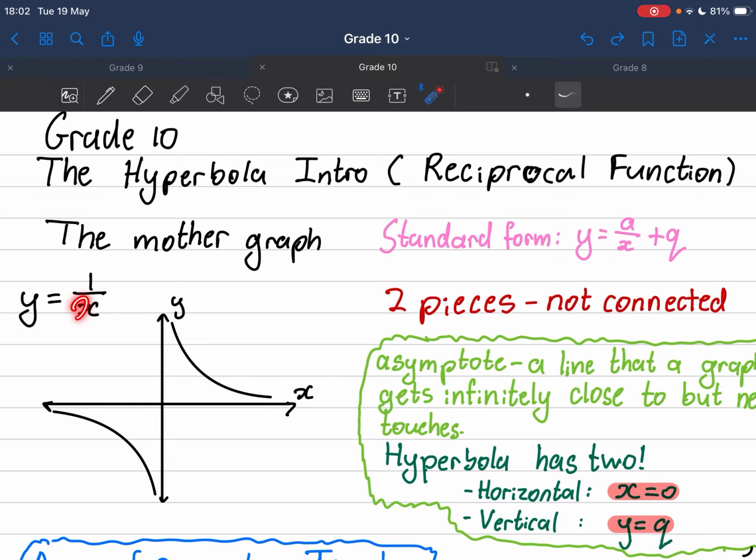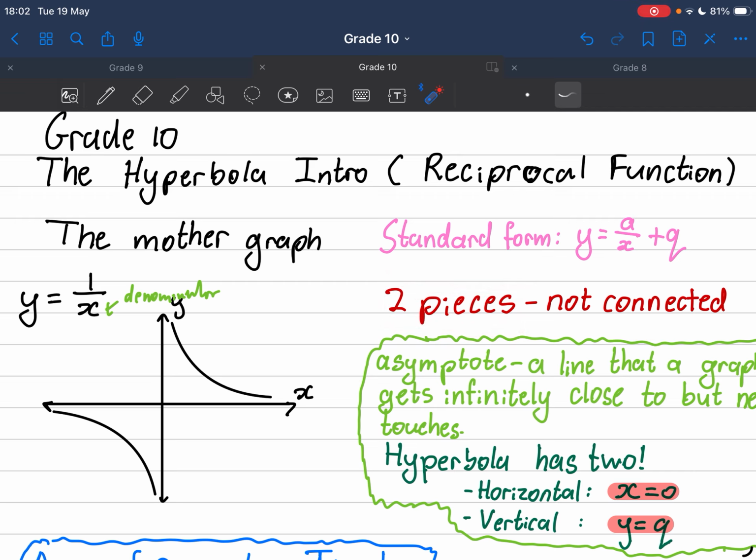Now, how do you know it's a hyperbola? It's because your x value here is on the denominator. So when you have x as a denominator, then the graph you're looking at or talking about is a hyperbola. One thing to note about this function,